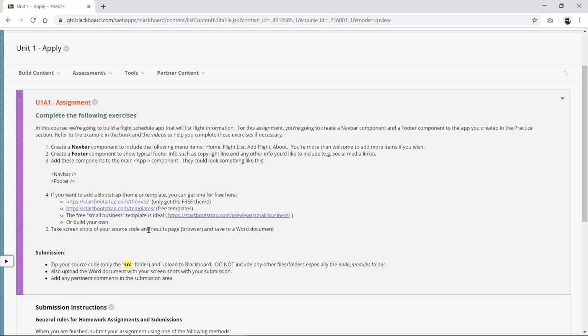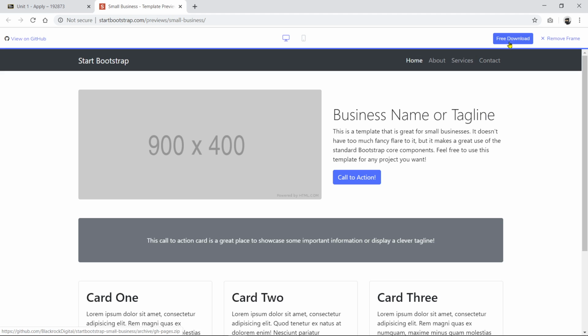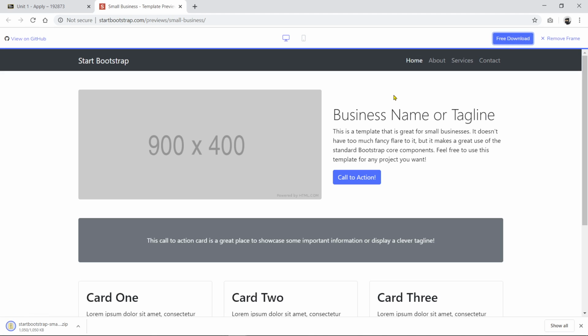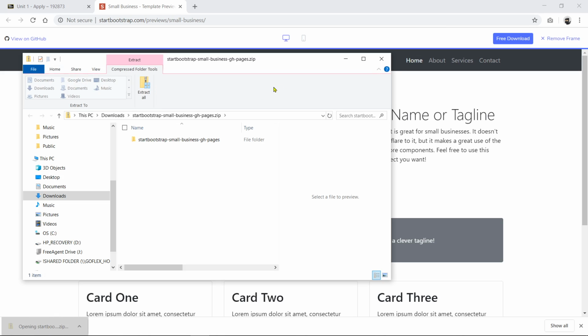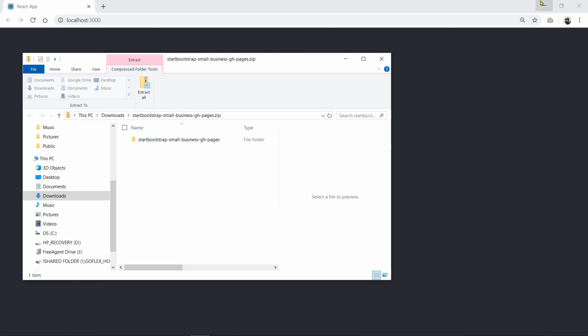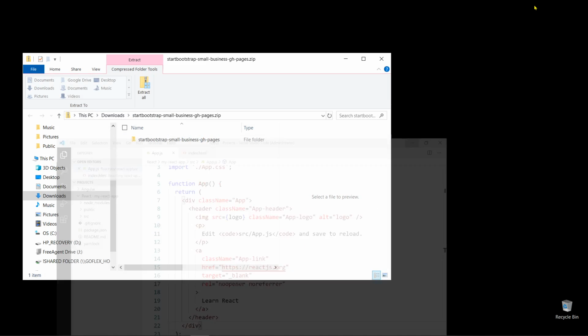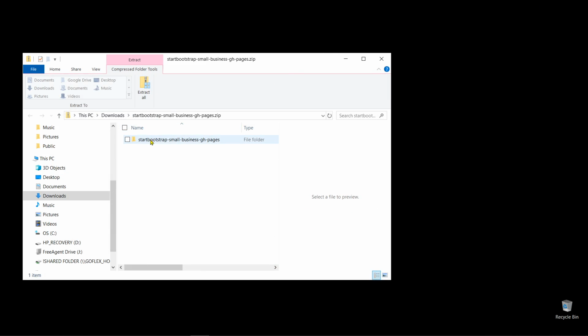So I'm going to go to this page here, the business site template, and just download this one here. Okay, so download the free version. It's just a zip file basically. You can just open the zip file here, and let me close all of these here. I'm going to drag this to the desktop here. Okay,